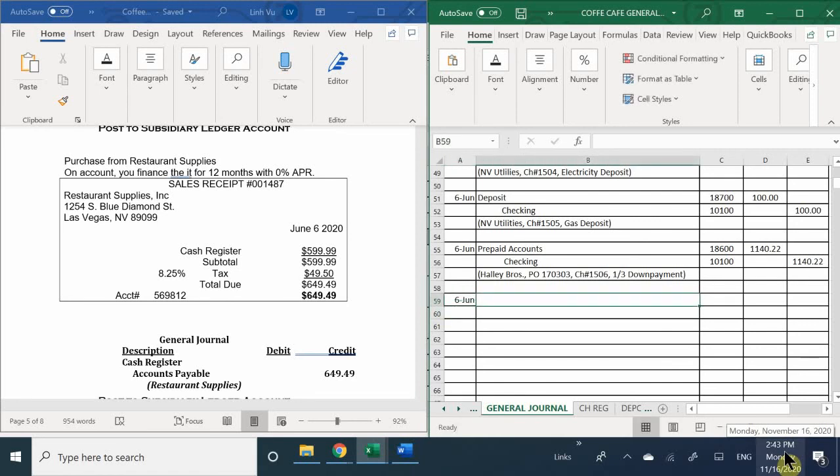So on 6/6, I got a cash register. Can you tell me what account number is a cash register? 14050. So that is considered under office equipment, and it's going to be considered a cash register, for a grand total of